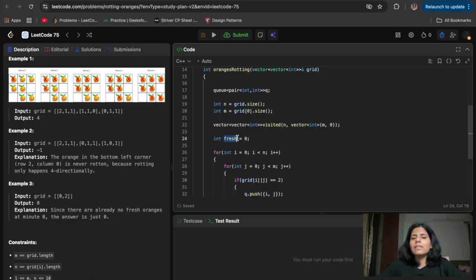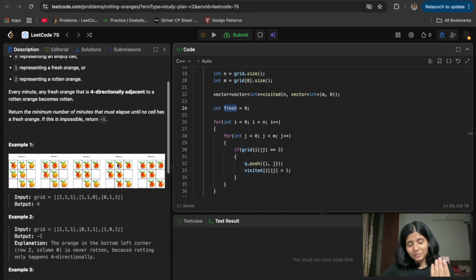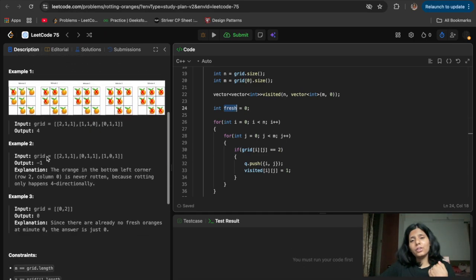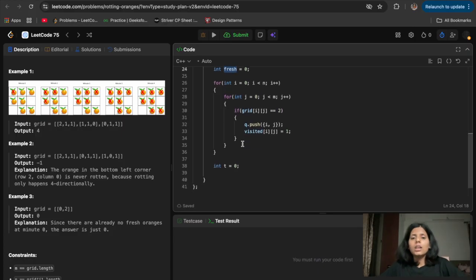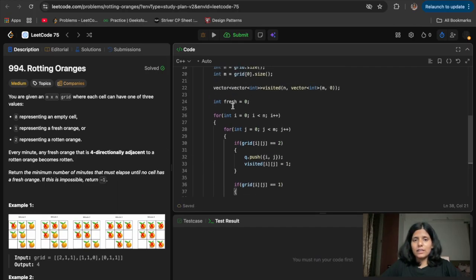If it is not equal to 0, then I will return -1, as I don't have any coordinates of rotten oranges to proceed further, so the remaining fresh oranges will remain fresh. For that I need to see how many fresh oranges I have. If grid at ij is equal to 1, then it is a fresh orange, so I will do fresh plus plus.